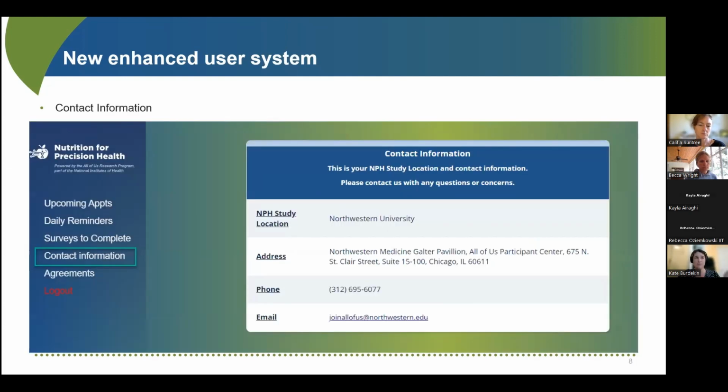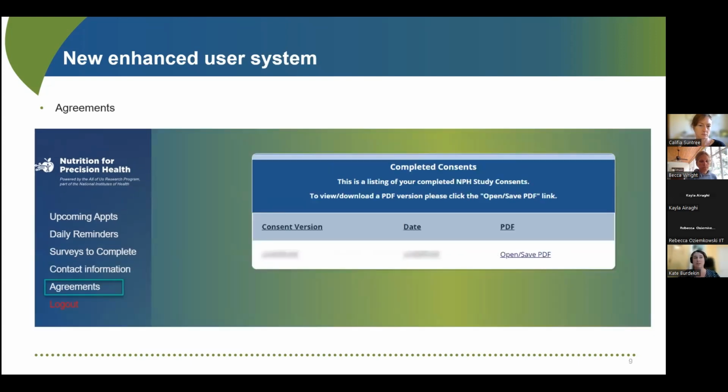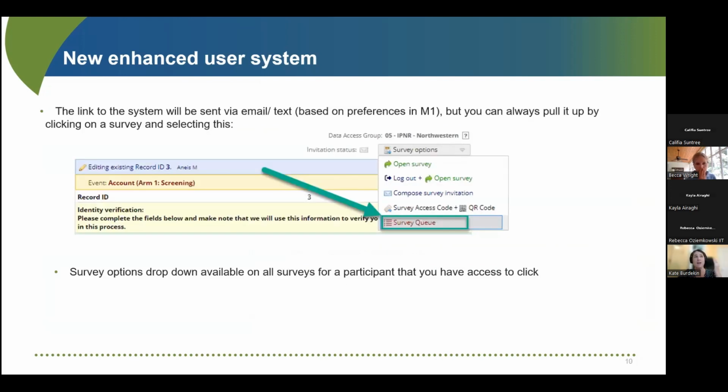Additionally, there's contact information to make it a little easier for them to get to. And this agreements section will allow them to see any consents that they have completed in the process. We're not going to spend too much time on this, but wanted you all to know that there was more functionality for the users in their interface than there was in Module 1. This here is a screenshot where it shows that for any survey for a participant, if you clicked into it